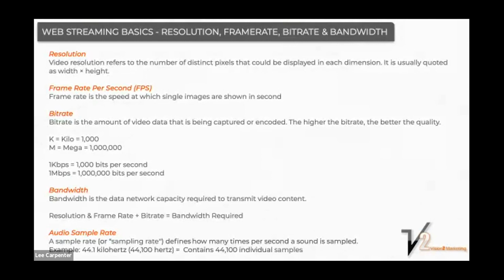If you want to stream in HD, typically anything that we call HD is 720p and above. So 720p is considered HD, 1080 is considered true HD, and then we go up from there. Frame rate is also very important because frame rate is the number of single images that are shown in a second. So when you're recording video or you're showing video, you will have, let's say it's 1080 at 30 frames